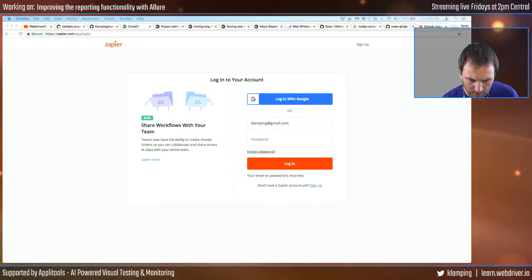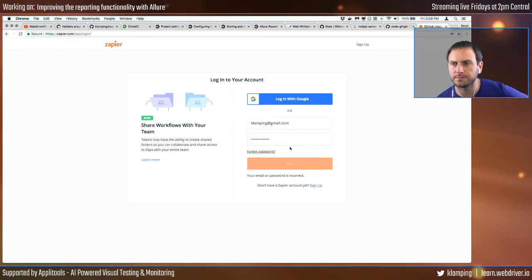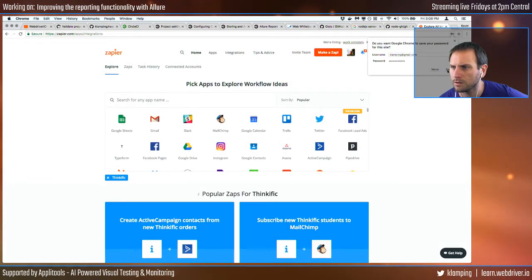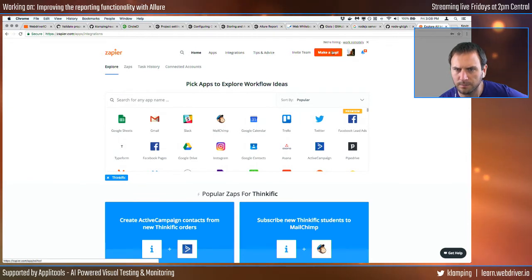What's my password? How do I get to that? More tools, browsing data. In order to get my password, I have to type my password. Try that. I'll save that. Okay, so I want to make a zap